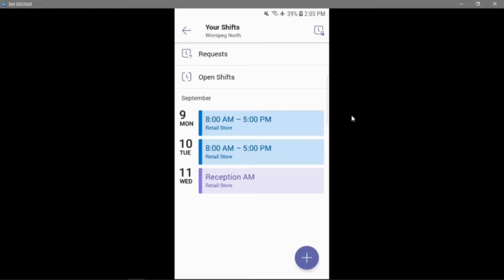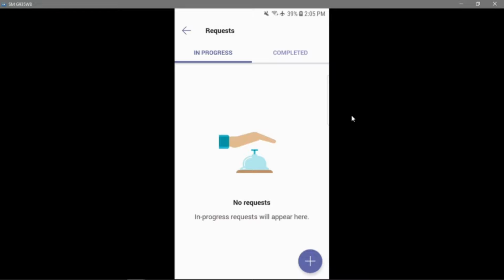We can see now that her schedule is showing her in that lavender colored reception AM shift on Wednesday. And we can see the other shifts that she has here appropriately as well. So let's dive in now to requests. If we click on that here, tap on that here in the app,